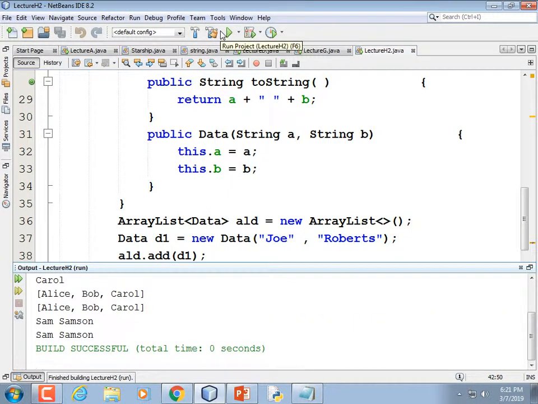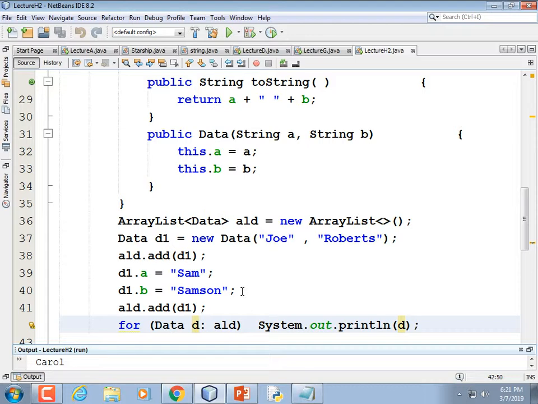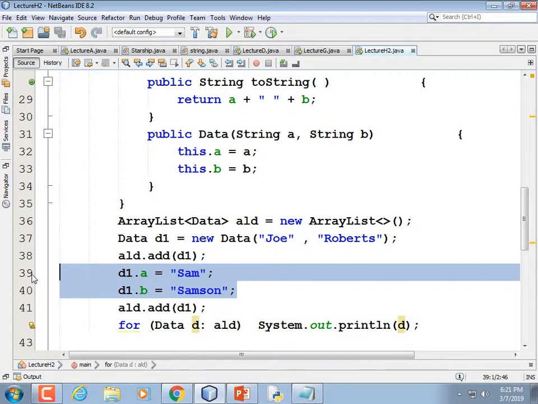And that is absolutely what I did not want to happen, right? I thought I was adding two different pieces of data. I thought I was adding Joe Roberts followed by Sam Sampson. However, what we did is we didn't create a new object. We just reassigned the values of the old one. And so now we have two references in the list that are pointing to the same piece of memory, and we change it for one and it changes it for the other. We should have created a new object